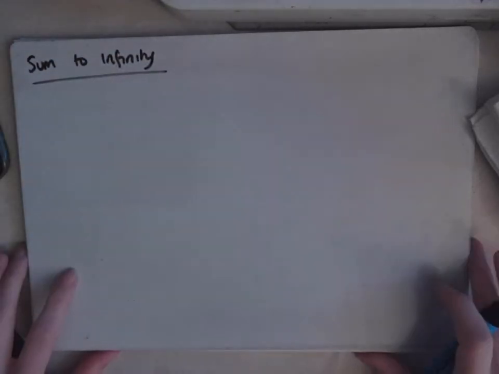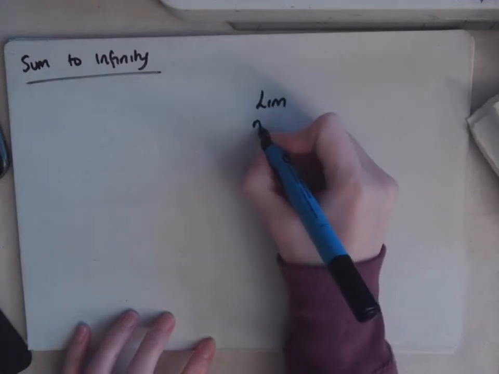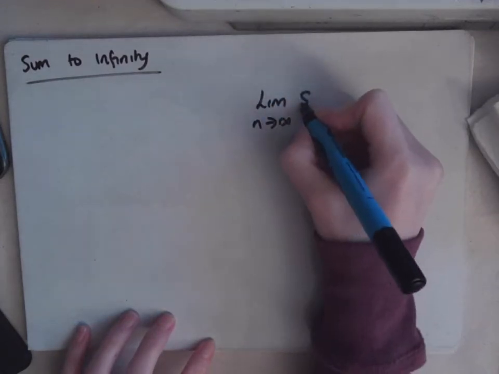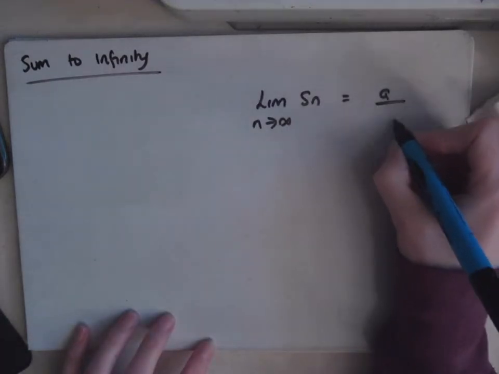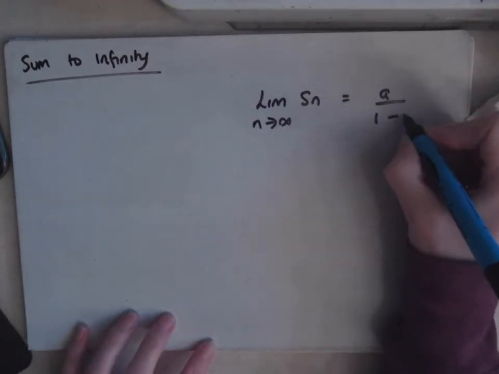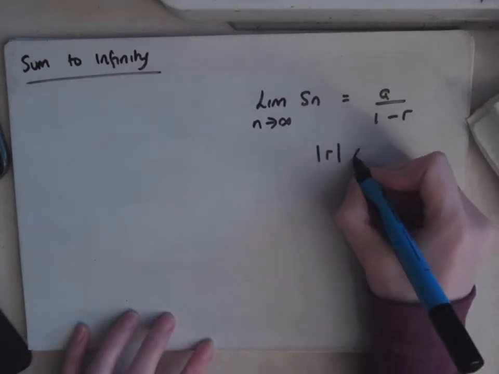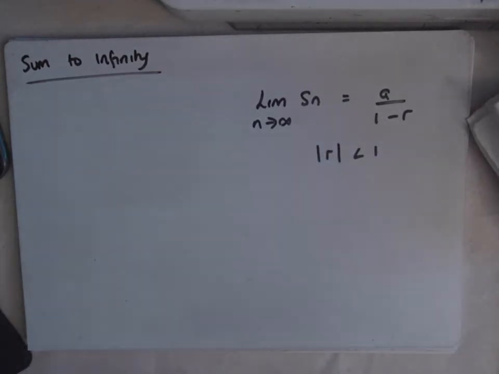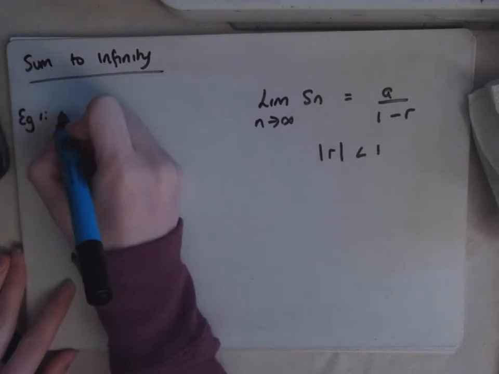So sum to infinity, the limit as n goes to infinity of Sn, and that formula is a over 1 minus r. But that's only if your common ratio is less than 1. You can use this formula if your common ratio is less than 1. So, for example,